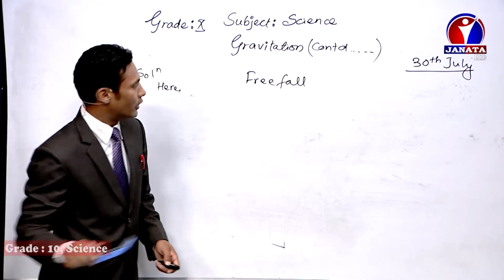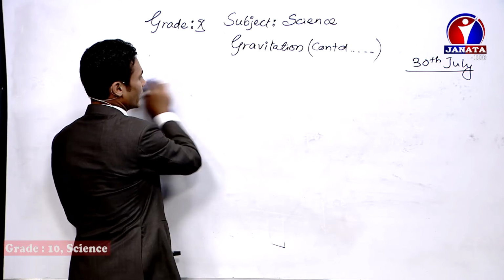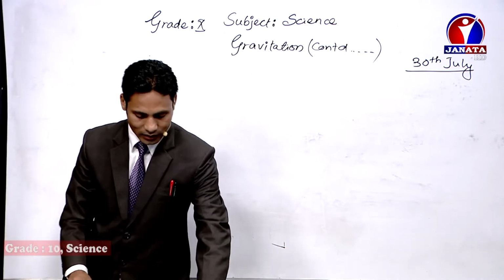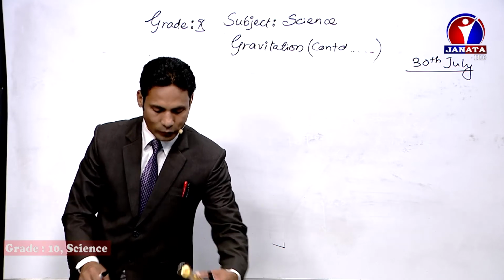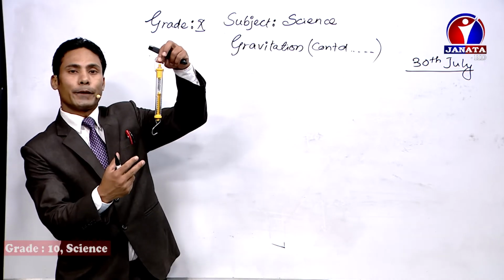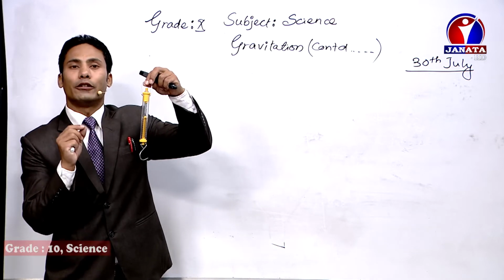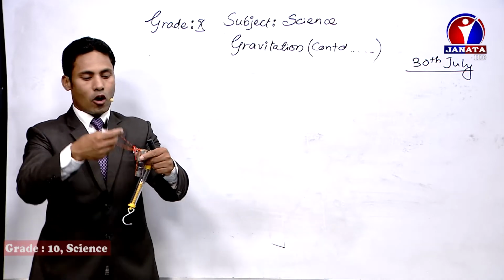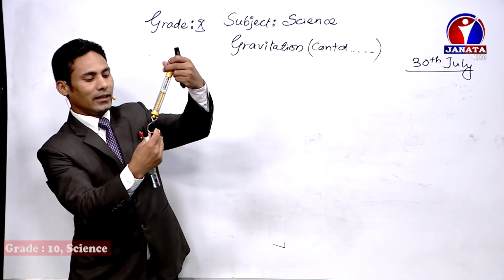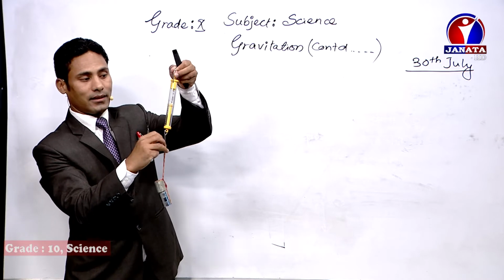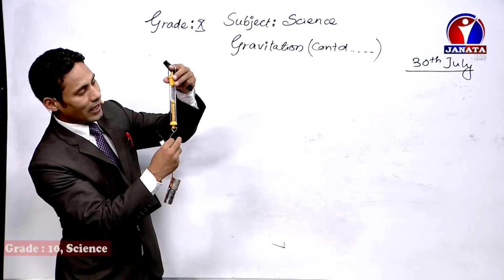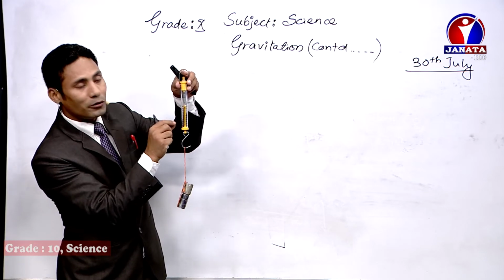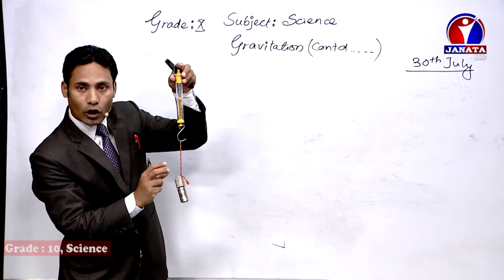So let's move on to the weightlessness. So what is weightlessness? So we measure the weight with the help of this spring balance, right? This one is the spring balance, which is used for measuring the weight. Now, here I have brought one object, right? And I have the spring balance. So whenever I check this one, it shows about 3 Newton, right? About 3 Newton weight is shown for this object.